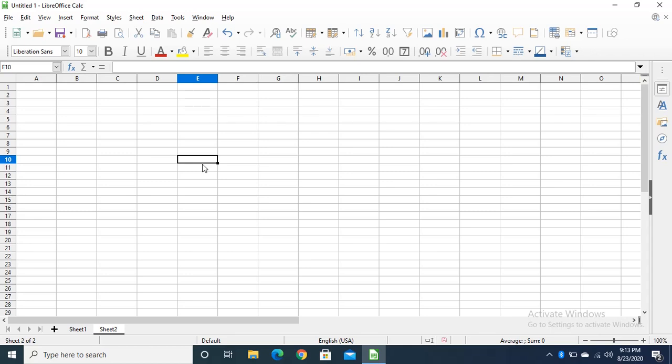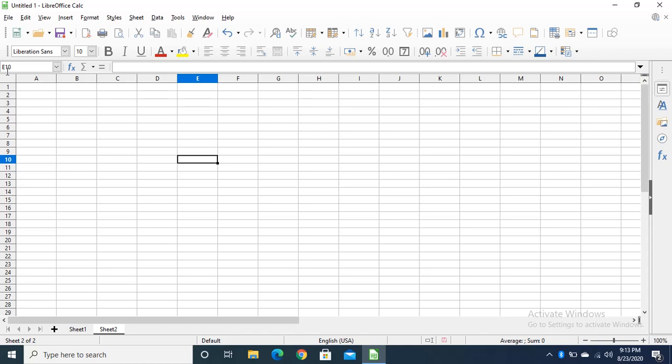Cell reference is basically when we write column letter and row number together to create a cell reference. Like as I told you, this is E10, this is a cell reference. We can also call it a cell address, so it is a combination of letters and numbers.